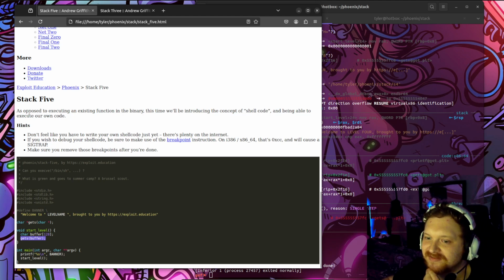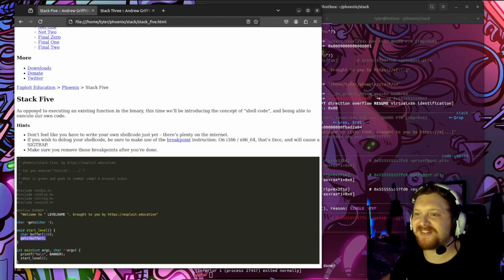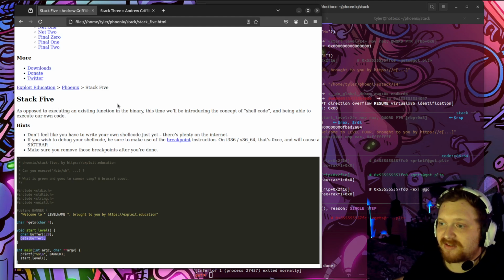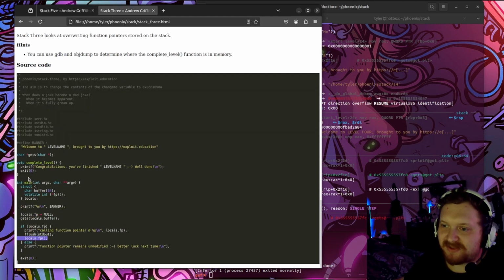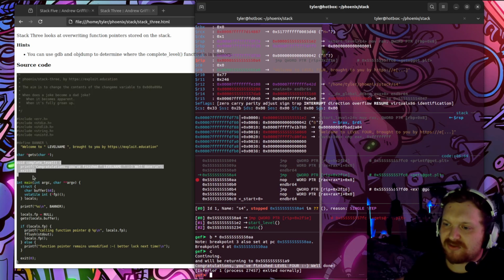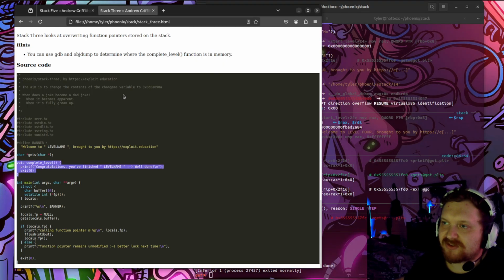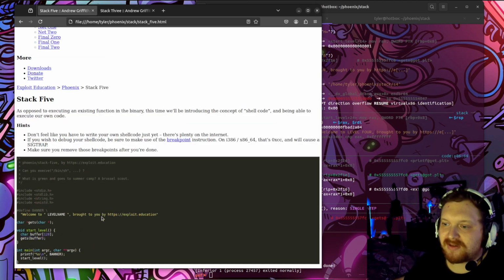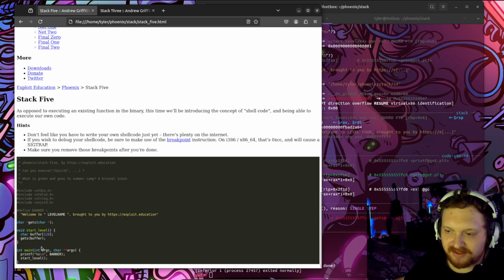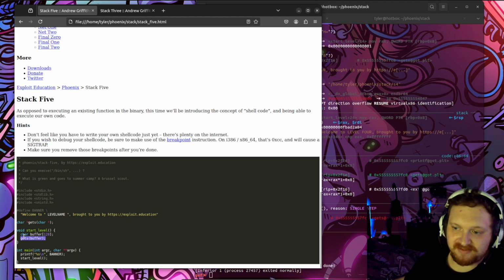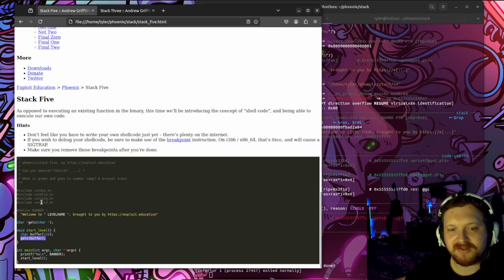And I'll read their description because it's pretty good. As opposed to executing an existing function in the binary, this time we'll be introducing the concept of shellcode and being able to execute our own code. That might be abstract, but basically the goal before, in all of these cases, was just to move something towards an address of an existing function, right? But what often happens in the real world during attacks is some code leaves this in place and someone figures out a way to send in a payload that doesn't jump to a function that is in this code at all. It jumps to